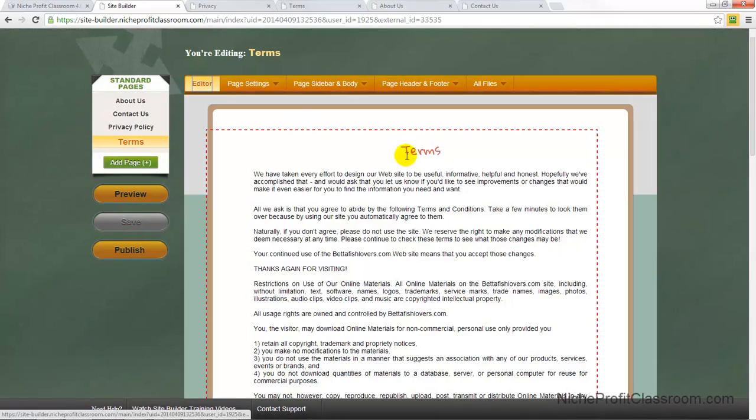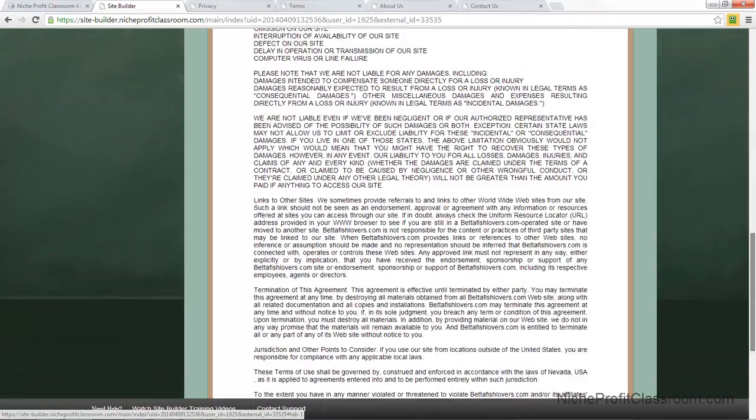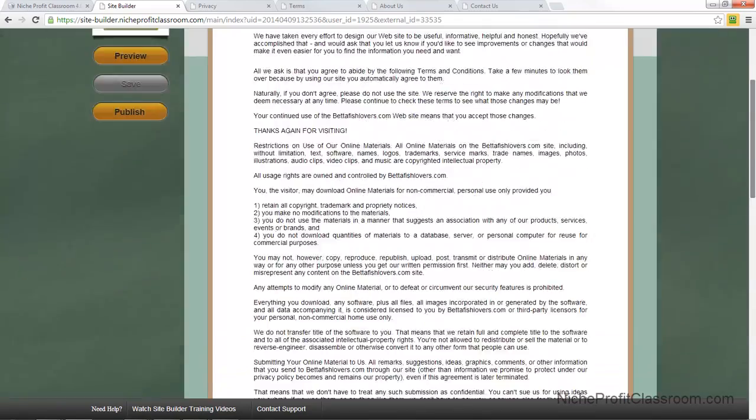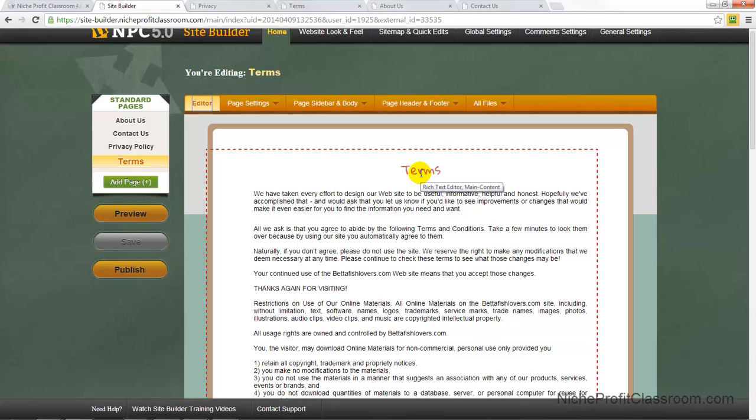Let's go back to our editor now. And what you can see if we go down to our footer is that by clicking that footer box that we clicked earlier and entering the correct anchor text, added these pages to our footer, which is where we want them. And that's it for this. Now what you can do at this stage is go ahead and close the site builder. You're finished creating your pages, and you're finished modifying them and making sure they're optimized. So you can go ahead and close the site builder,